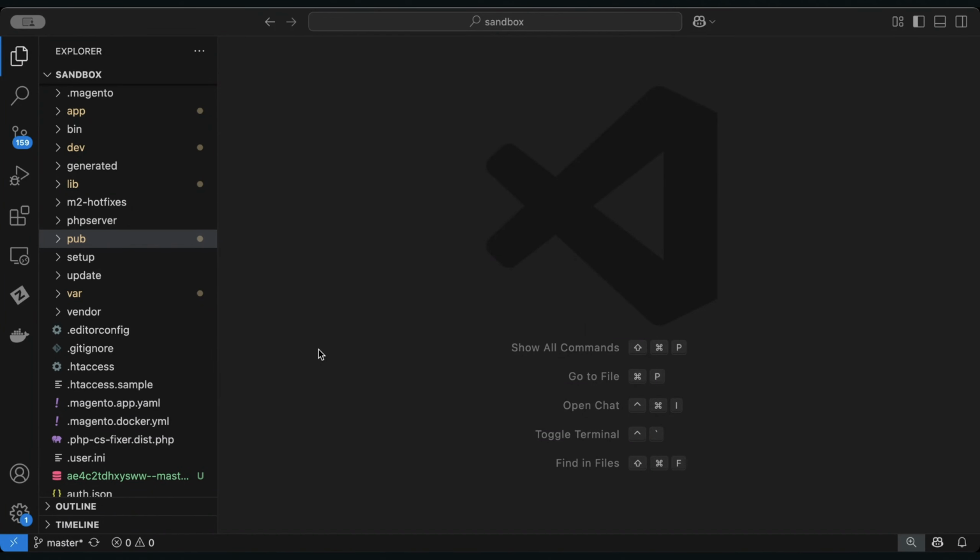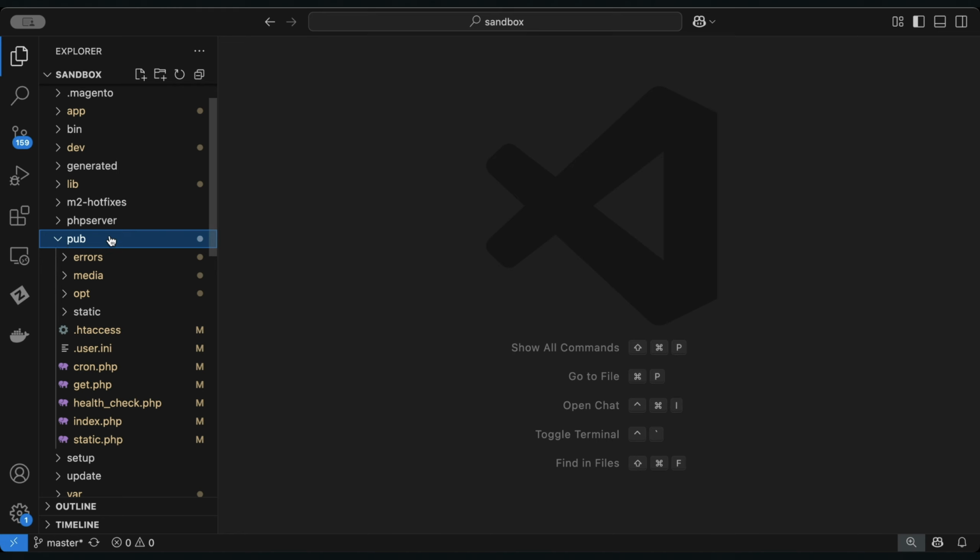Hello friends, in this video we are going to learn about the application initialization in Adobe Commerce. First of all, you need to know that the pub folder is the folder where you would be mounting the domain for your client, or if you're making a demo website, this is the place where you